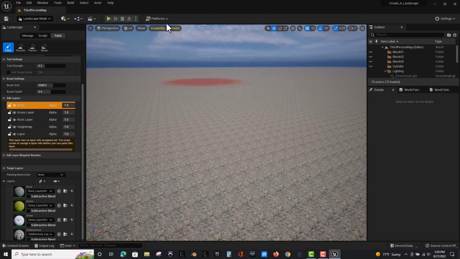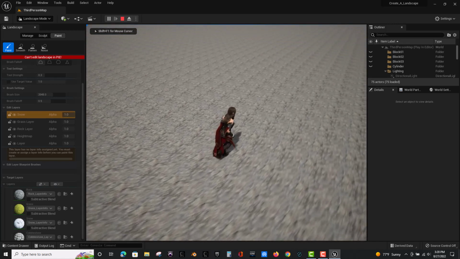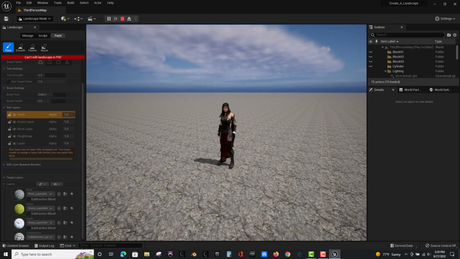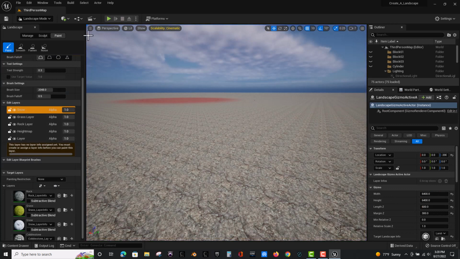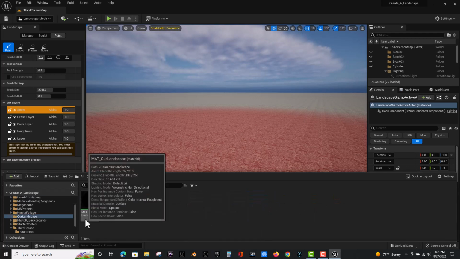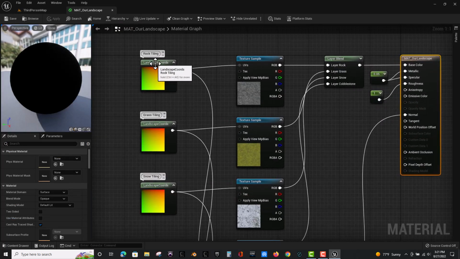So for instance, even if I enter play, you can see the tiling even from the player's perspective. So I'm going to adjust that right now in our material. Let's go back to our material and change the tiling for the rock layer. And we can also maybe estimate some tiling settings for other layers. So go back to our landscape material, and we're going to go back to these